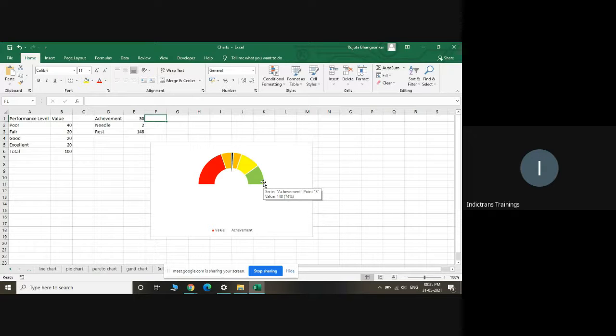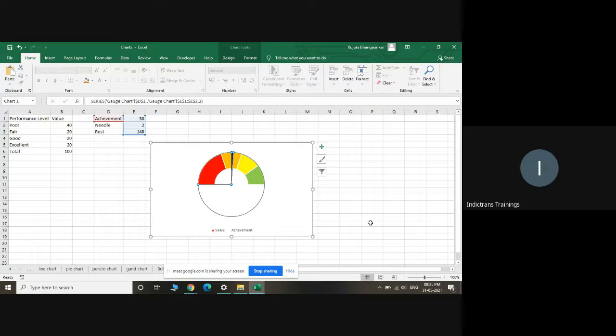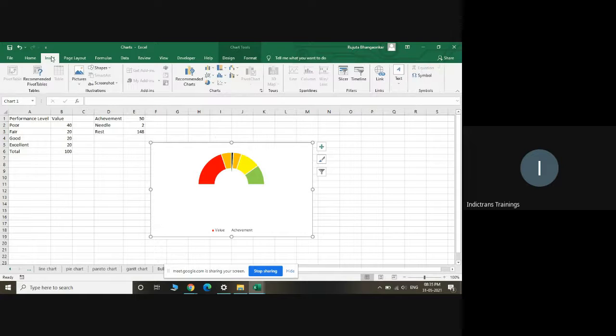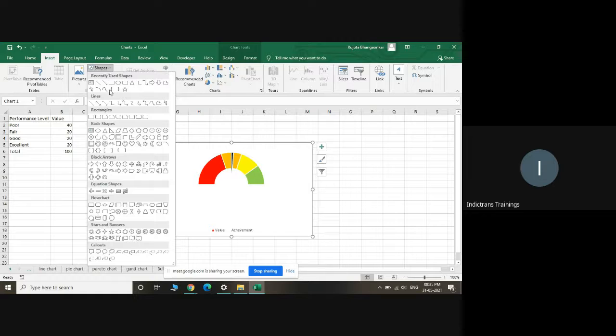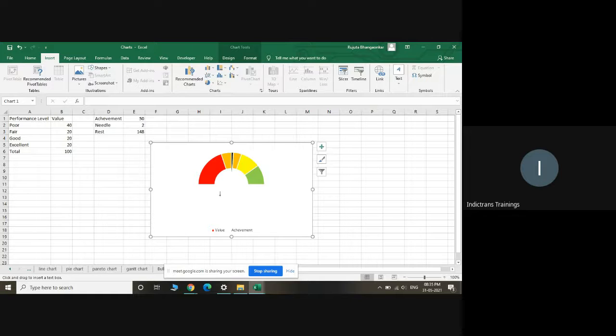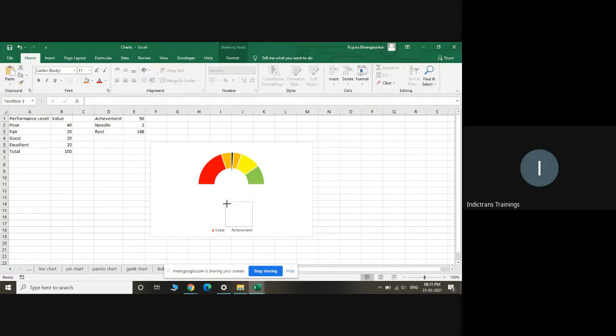Okay. Now just click there on the shape. Is that shape there? The text box is not there. Yes, just be there. Now escape. Okay.